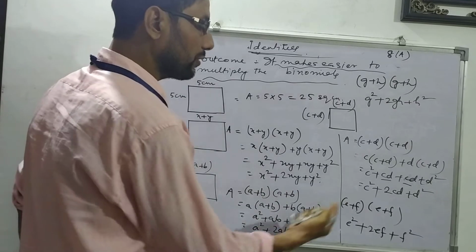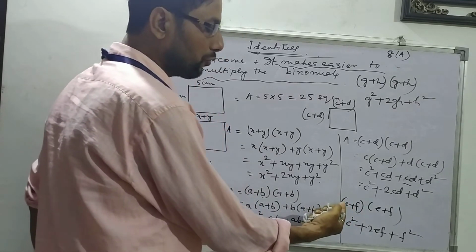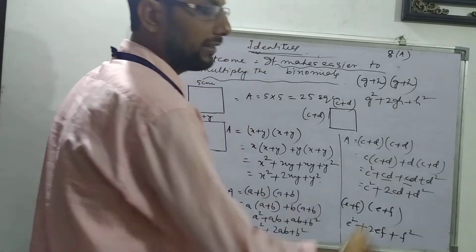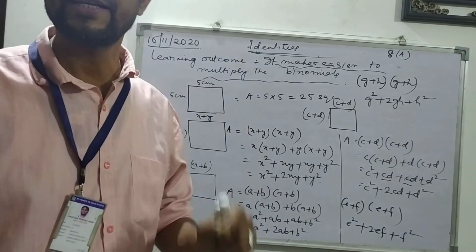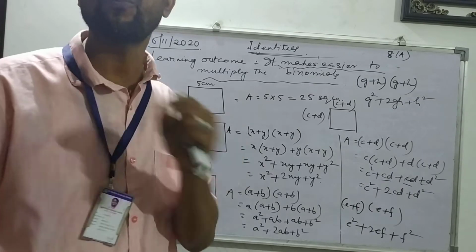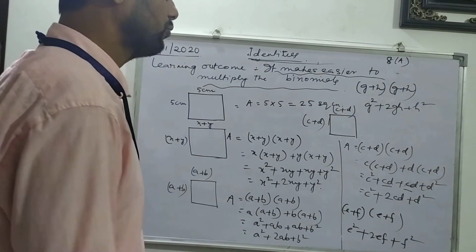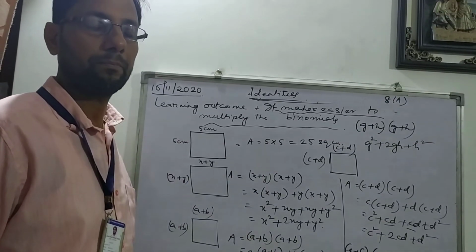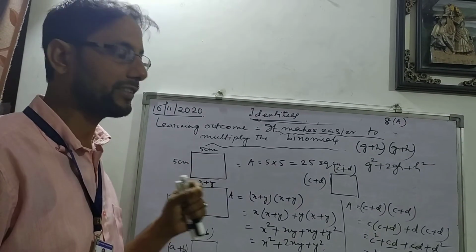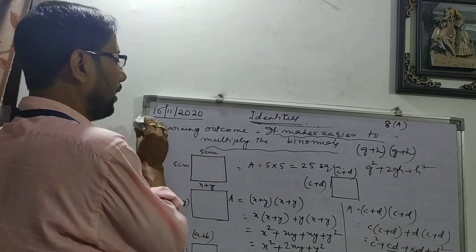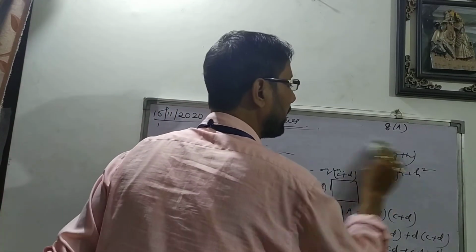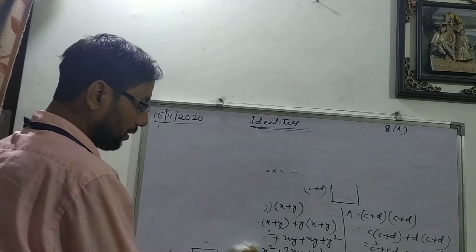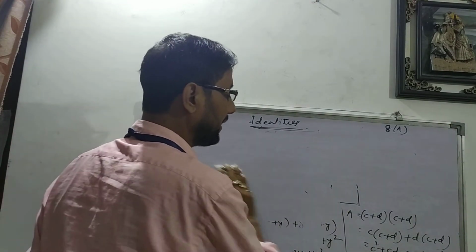These all are patterns. So now if I say to find the product of e plus f into e plus f, directly you can write the answer. No need to show anything. Directly you can write the answer. So hope students, you have understood how to multiply. This is the first identity we have done, and we will discuss this only today. We are not going to discuss any other identities today. So we will be discussing another identity in next class.